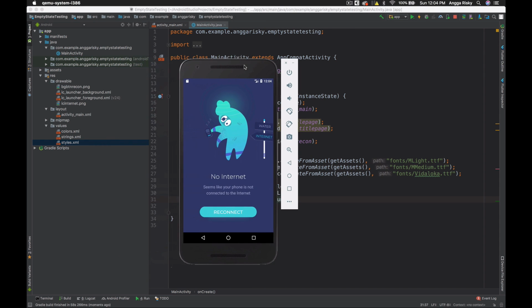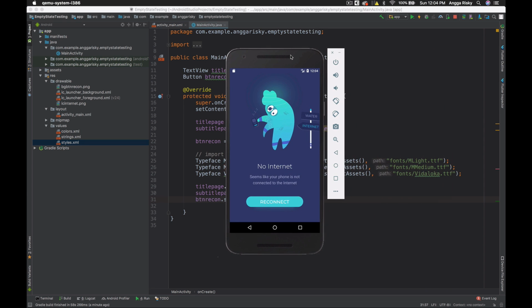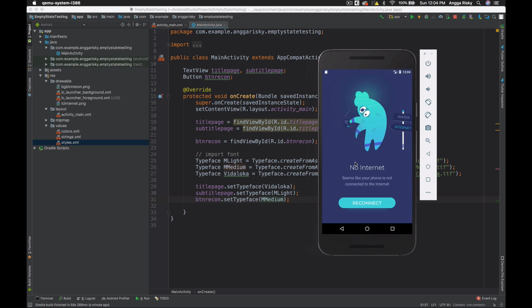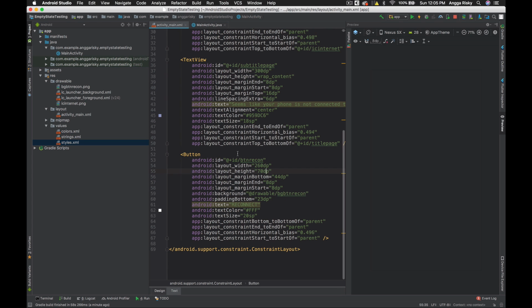So this is the condition whenever there's no internet, and I think that this one is supposed to be Vidaloka, but I forgot to change the name here. This is Vidaloka, and I think there's something wrong with the Vidaloka. Let me check the ID.